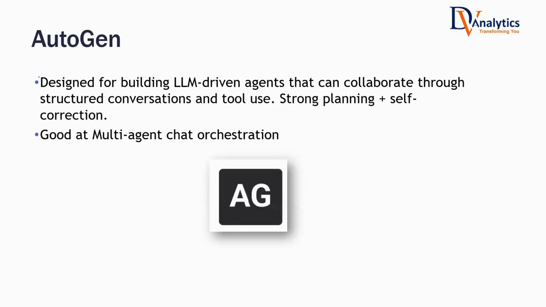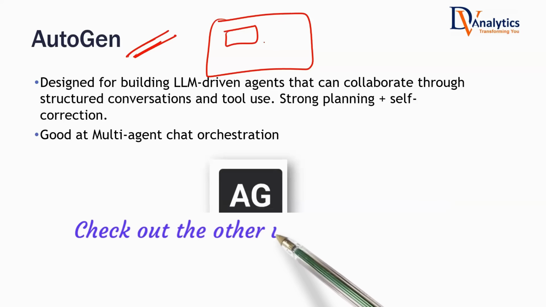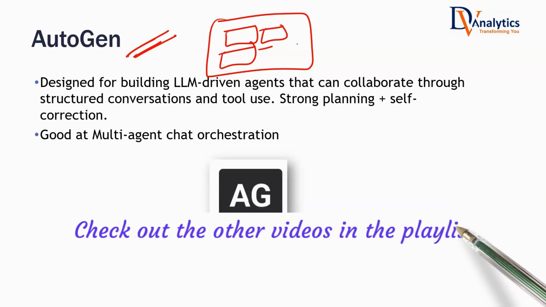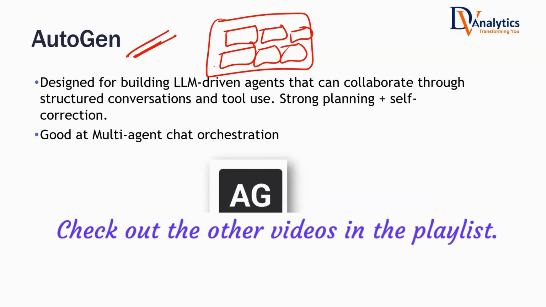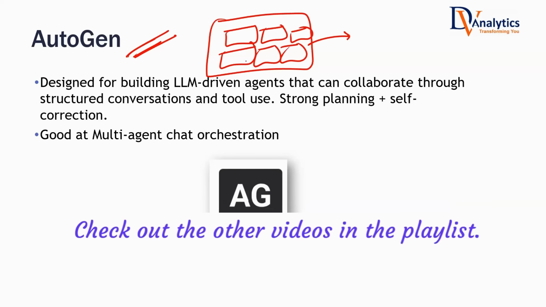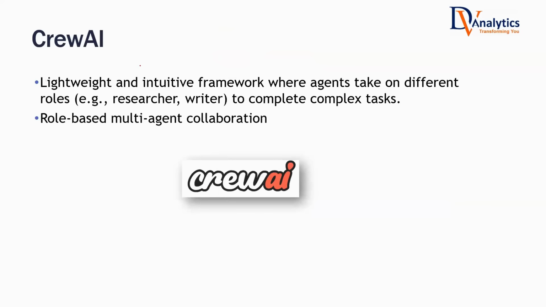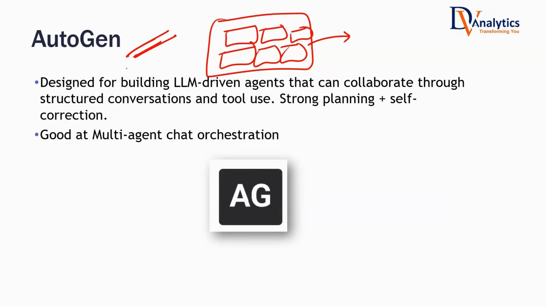Autogen is designed for building LLM-driven agents, which we are going to discuss. This is an agentic AI framework. A framework is like a set of packages, set of tools, set of functions that are available for you that will make your whole development much faster. Without a framework, writing everything from scratch will be very difficult. Crew AI is another alternative to Autogen. These are the top two that are right now in the market. You can use any one of these two, or maybe you can ignore both of them as well, because N8N